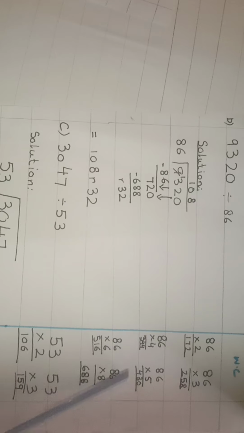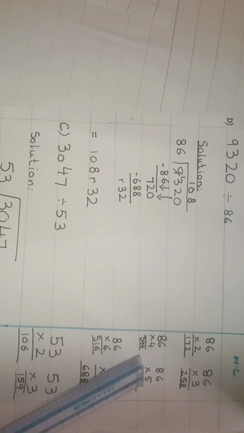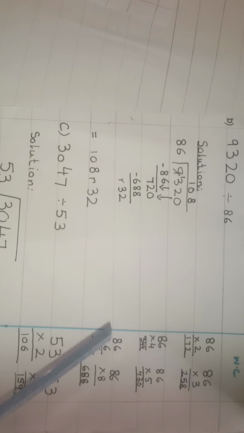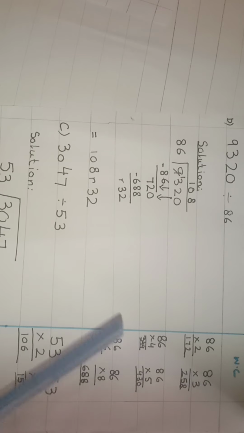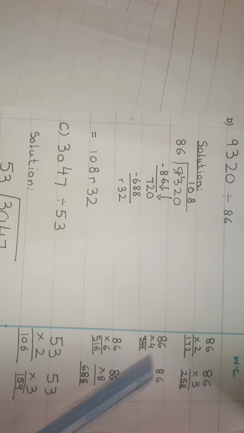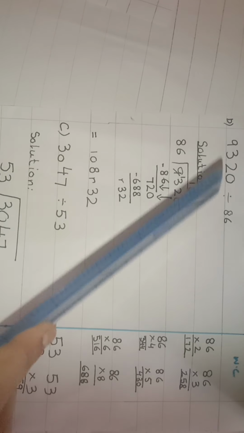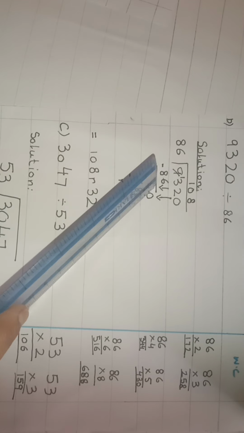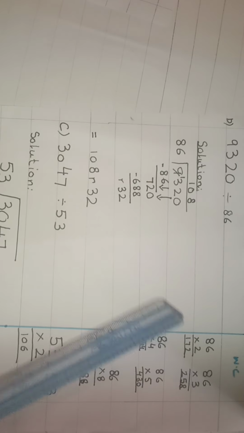In that way we will find the table till 8 or 9. First of all you can find out the table till 5, and if you see that you require more, you can find it till 8. In that way you will find out the table. Now 86 ones are 86. Now 3 minus 6 not possible. We will take carry. 13 minus 6, 7. Putting down that 2.